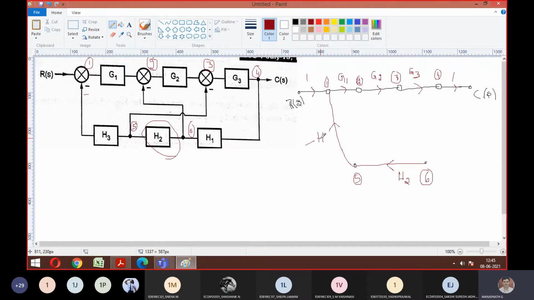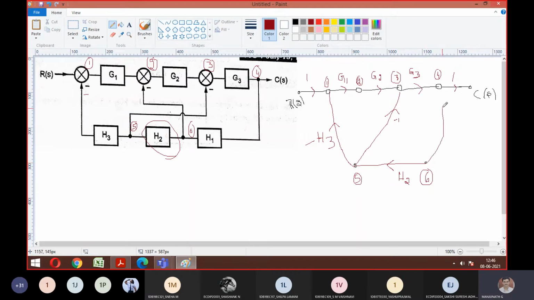I hope you're understanding, right? If anybody has a doubt, you can ask, guys. Good. Any other connections for 5? Look at the diagram and tell me. 5 to 3. Good. So I should connect from 5 to 3. This connection is given with the arrow mark going towards that, and the value is what? What is the gain for this? -1. Good. Because of that minus, you can see here, there is a negative gain, -1. So the connection of 5 is over. Look at 6 and tell me. The connection for 6.